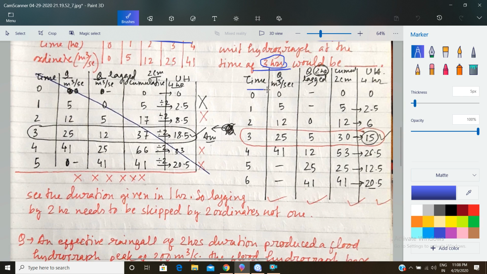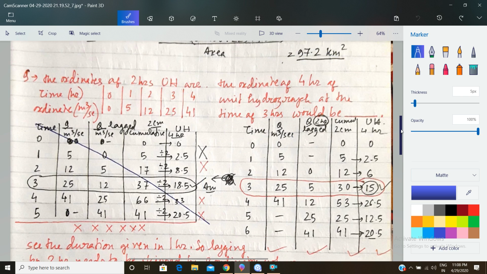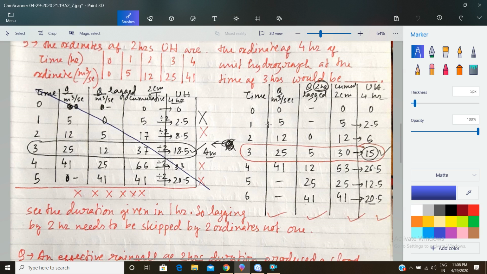See how we have done it. Time versus discharge is written here, what is given in the question. At 0 time, it was 0 discharge. In the first hour it is 5 meter cube per second discharge, in the second hour it is 12 meter cube discharge, third hour it is 25 meter cube discharge, and this is given in the question. Okay, now see what we need. We need a 4-hour unit hydrograph, means a 4-hour duration storm. So after a 2 hour storm, the next 2 hour storm will start, then it will be converted to 4 hour, isn't it? So 0 to 1 equals 1 hour, 1 to 2 equals 2 hour. Then after 2 hours we have started